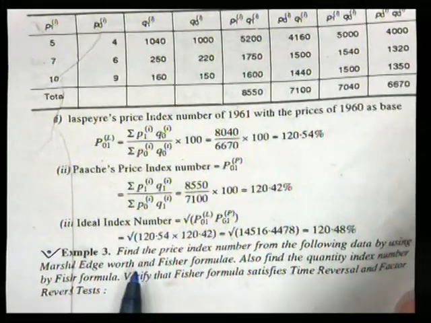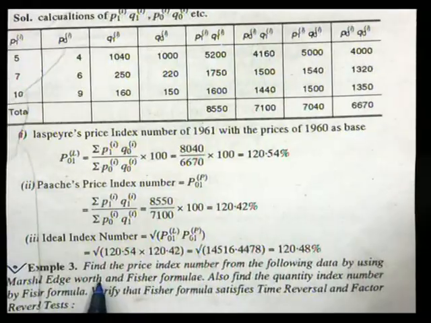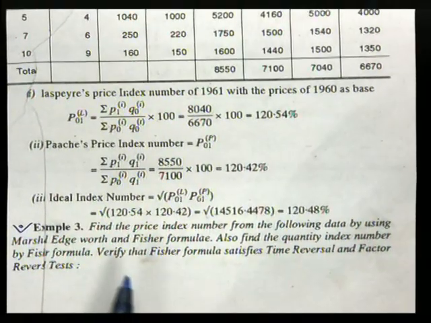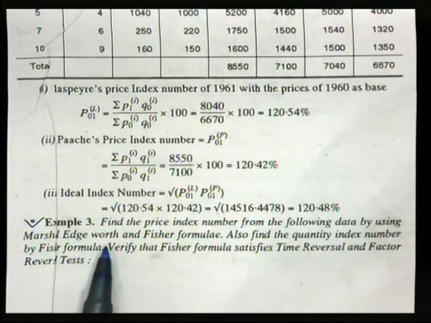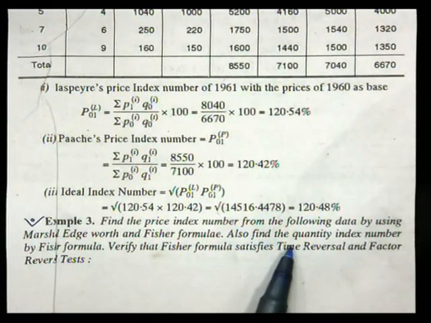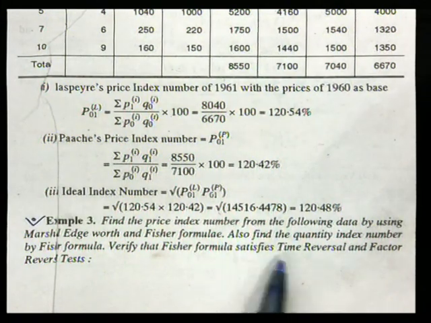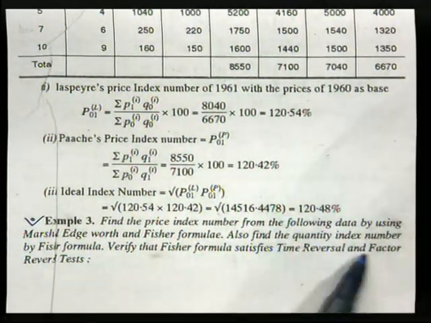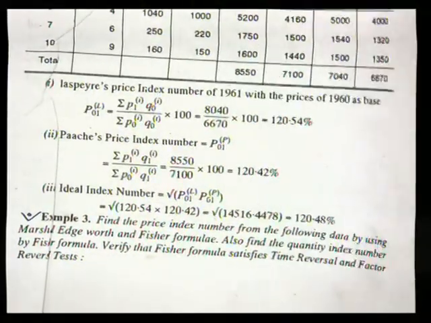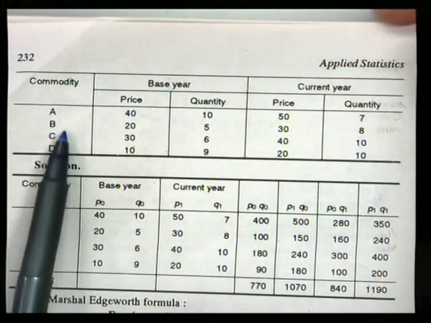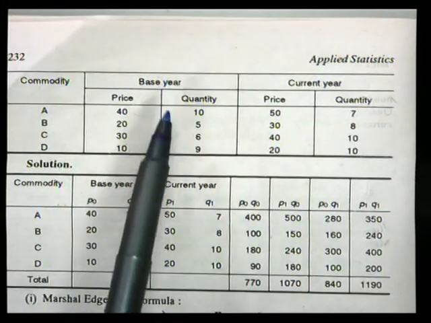Example gives us the idea. Here it is written, find the price index number from the following data by using Marshall, Edgeworth and Fisher formula. Also find the quantity index number by Fisher formula. Verify that Fisher formula satisfies TRT and FRT, that is the time reversal test and factor reversal test. So the data is now available on the screen. Okay, so commodity A, B, C, D is available. Base year's price and